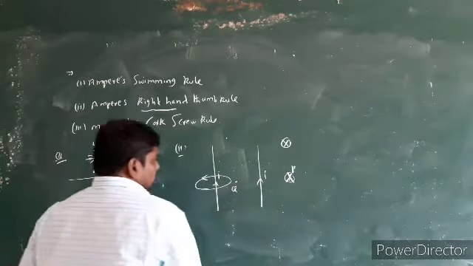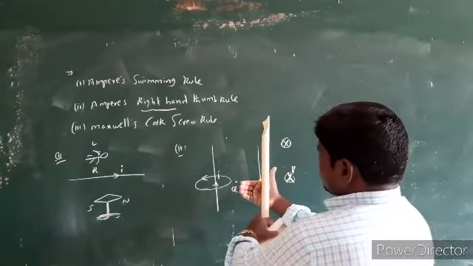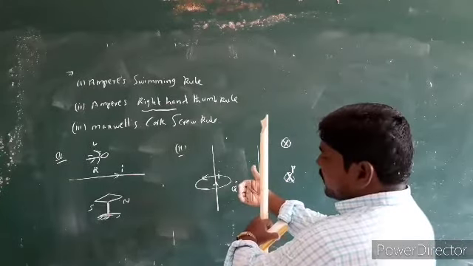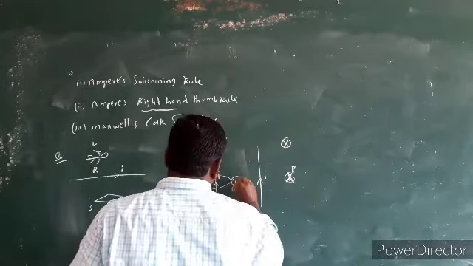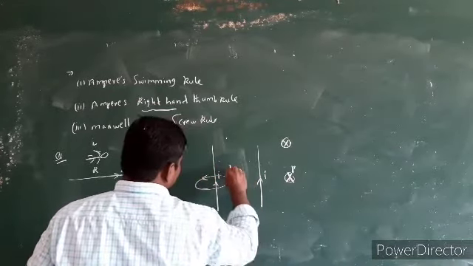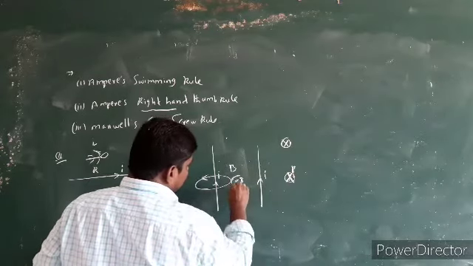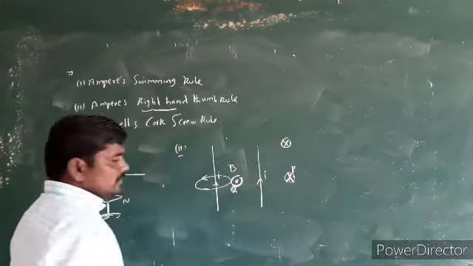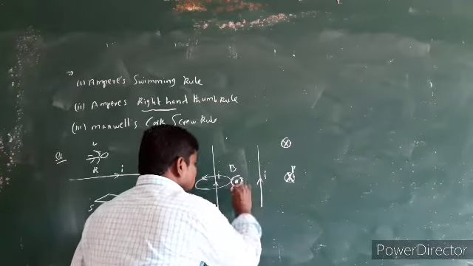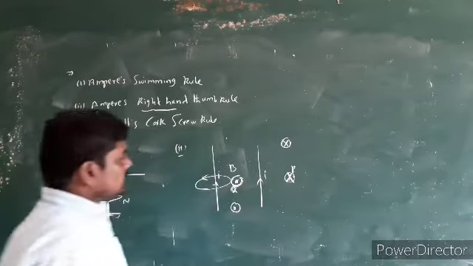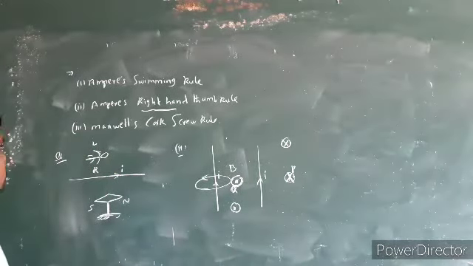This is point P, this is point Q. At point Q, the magnetic field lines are coming outside. That's why the magnetic field lines at point Q are outside. This is the symbol for outside. Here at point Q, the magnetic field is outside. At point P, the magnetic field is inwards. Perpendicular into means this is the symbol. Outwards means this is the symbol. This is one of the easiest ways to understand the direction of magnetic field around a conductor.